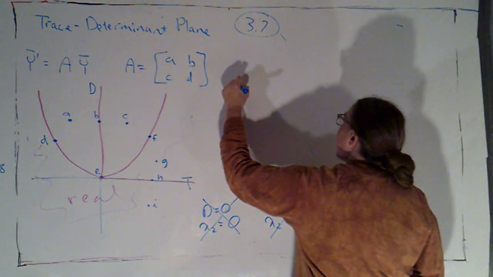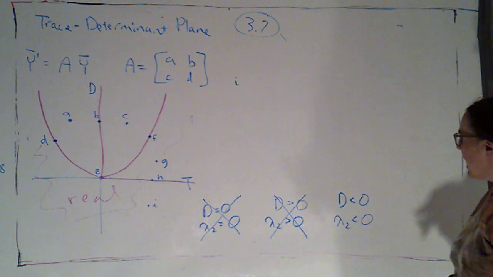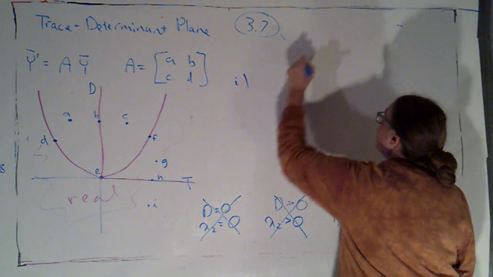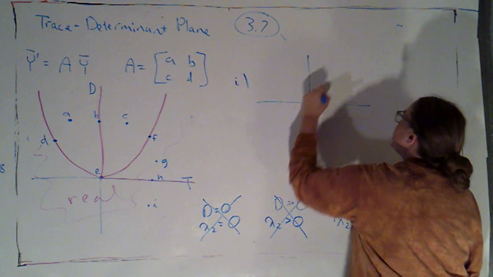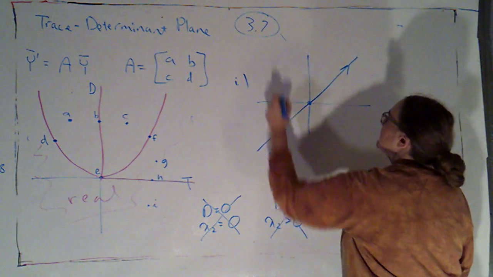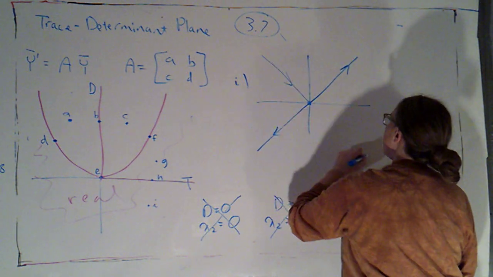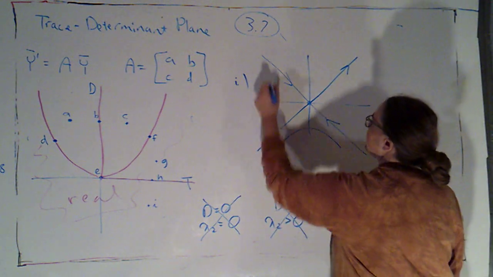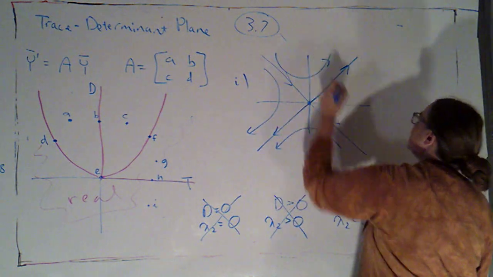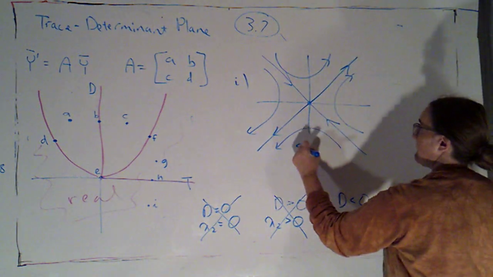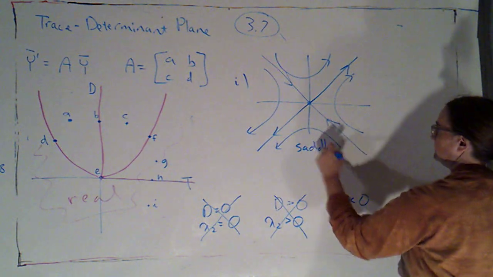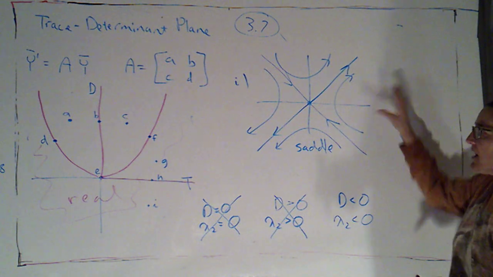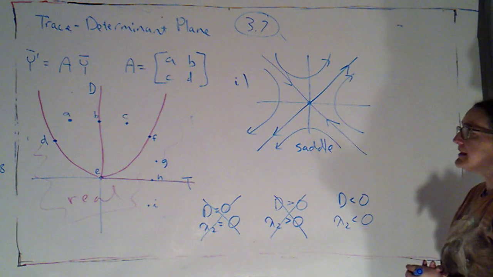At point I, we've got that lambda 2 is negative. So we said lambda 1 was positive. So we've got our equilibrium solution. We've got one set of straight line solutions corresponding to a positive eigenvalue, and now we've got another corresponding to a negative. That's going to give me my beautiful and lovely saddle. Okay, fabulous. So that's what we see if T is